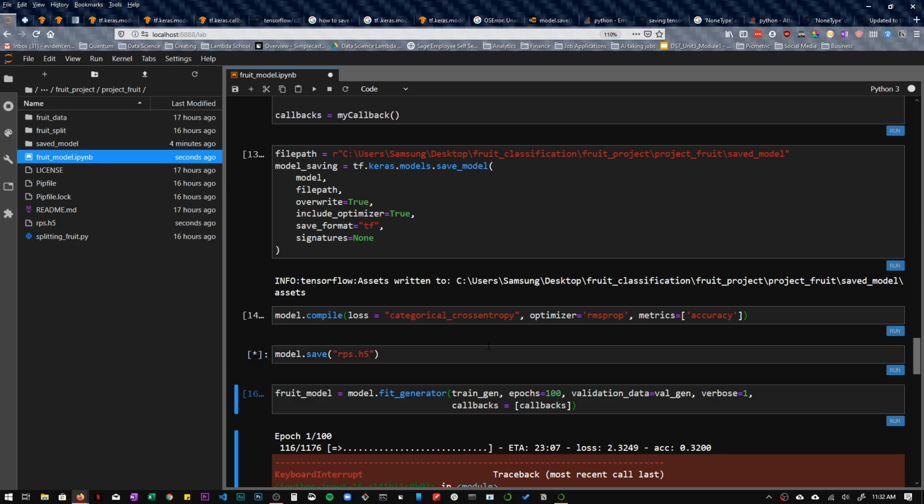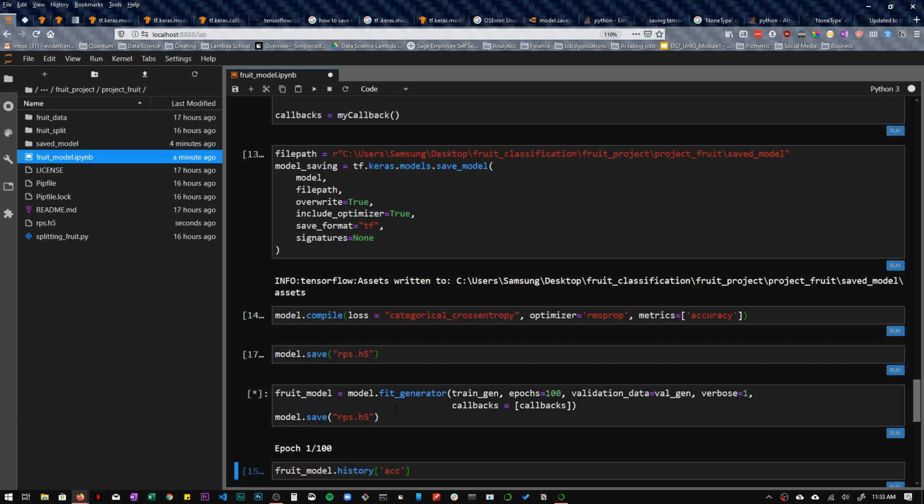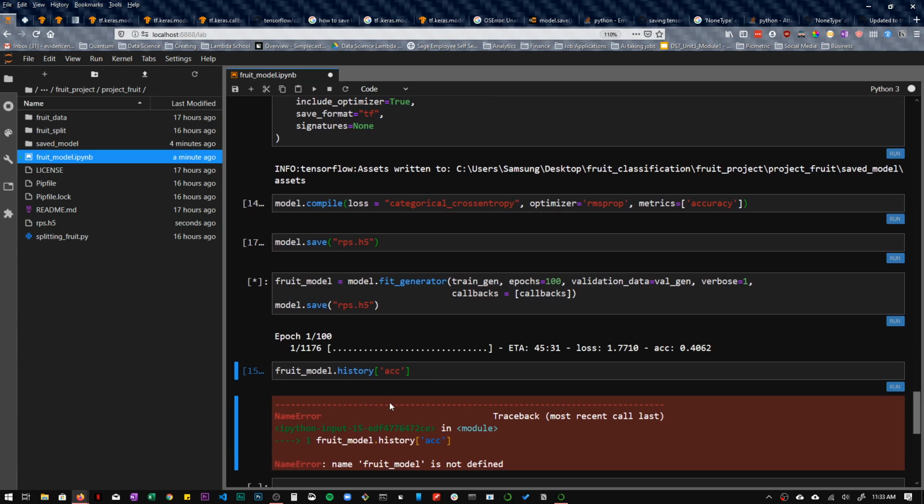Let's run this code and see what happens. Oh, you just saved it as that? Or do I put this code right here so it saves it automatically? I don't know. Let's see.